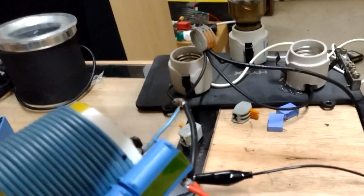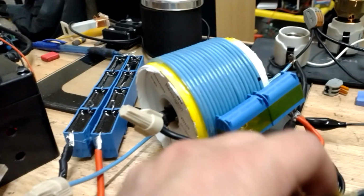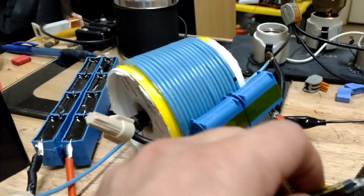Alright, so that winding in there is just too crazy high of a voltage. It arcs over, so screw the bulb back in. Still it's at the lowest on time, and still get a little something out of there. Yeah, if you get some tinfoil on,